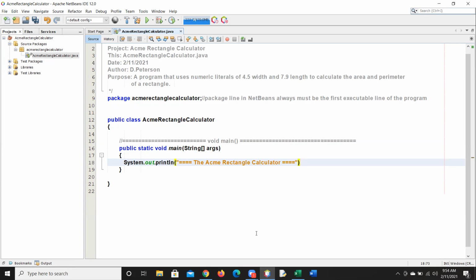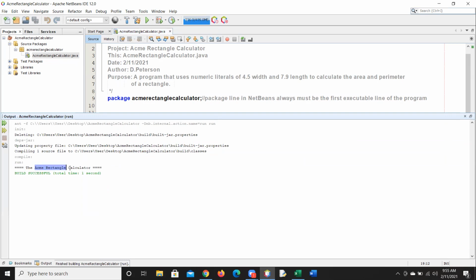Notice also when I don't have the semicolon at the end, I have a big red line here, okay? And if you hold your mouse over that without pressing it, it'll bring up some smart text that says, wait a minute, you're missing a semicolon. And we put one in and the red line goes away, okay? You shouldn't be turning in programs that have red lines. You'll also get a red dot over the number on the left-hand side. Any questions on that? But this is how we print. Okay. So now if I run it,